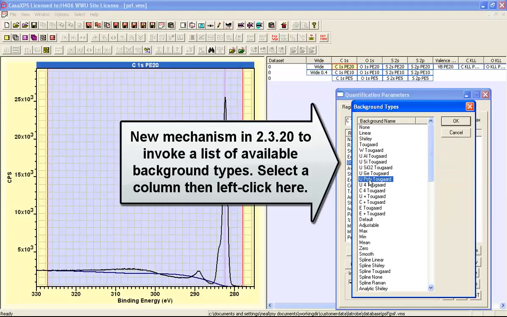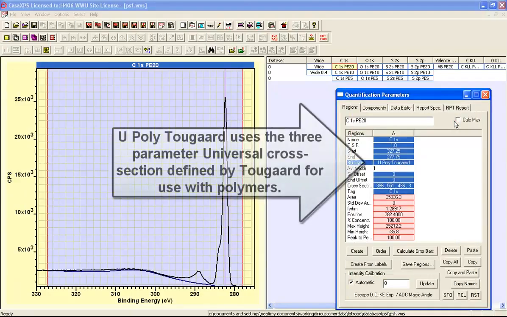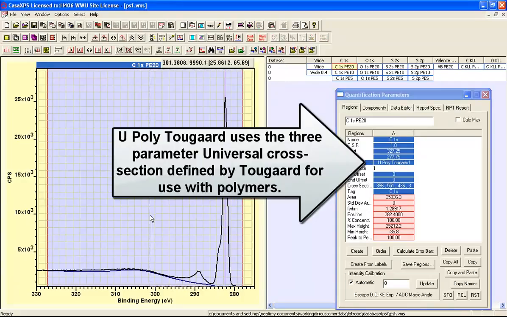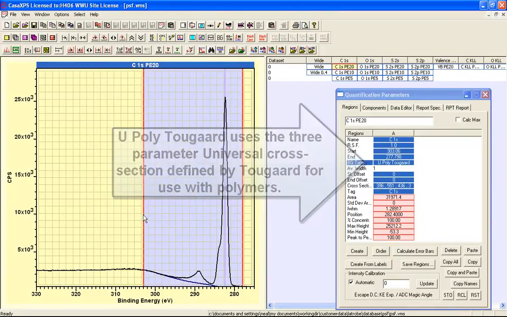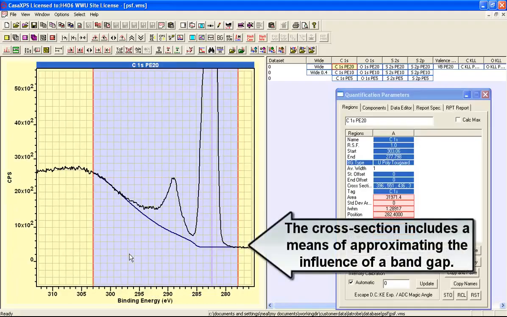However, there's a U poly 2 Tougaard background which is designed by Tougaard for polymers, and again this is a universal background, so it's a one size fits all, but nevertheless it does a better job of representing the data here. So at least for a first approximation we will go with this particular Tougaard background,